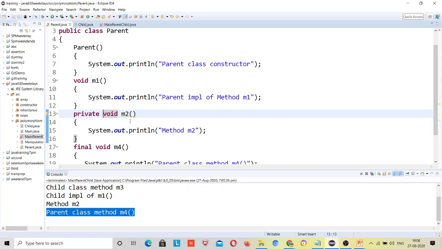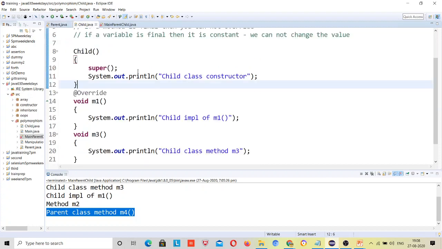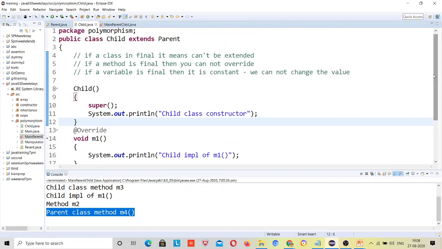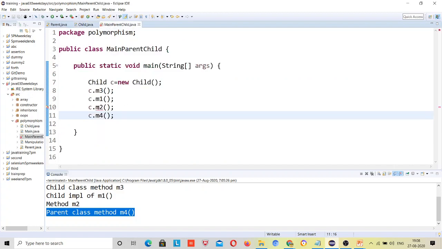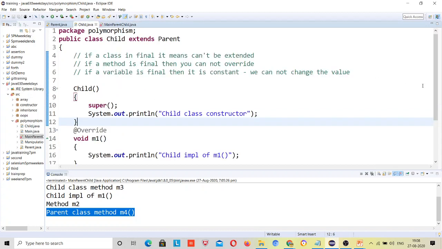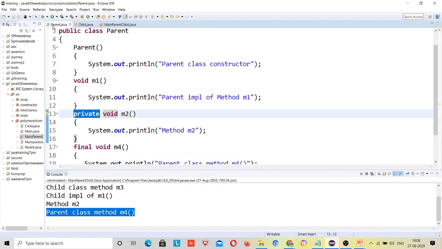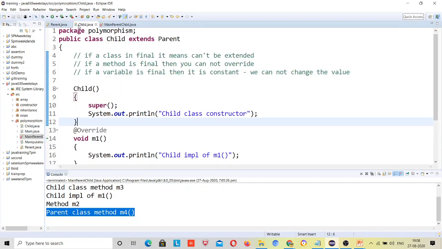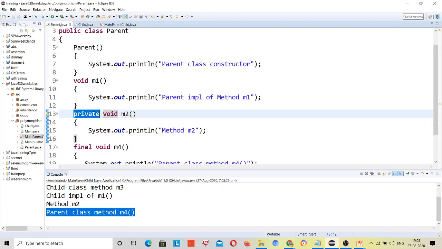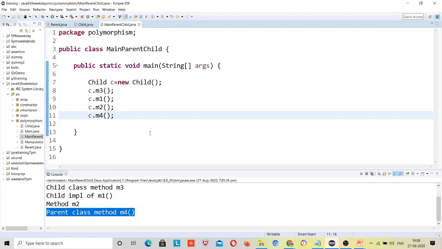You can see that I have declared this method m2 private, and now I have extended it, right? And it gives an error because the method m2 from the type parent is not visible. Why not visible? Because a private method is not extendable to this class, right? If I am trying to call this method and it is not present in the child class, how will I be able to call it? I have to change the visibility to protected, public or default, right? Okay, so this is the rule for overriding.